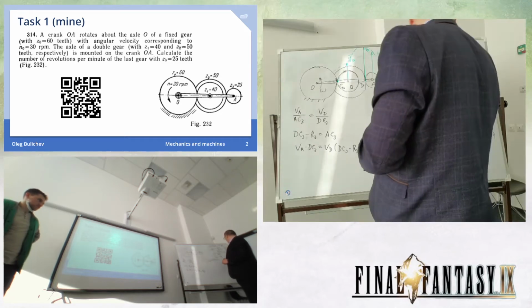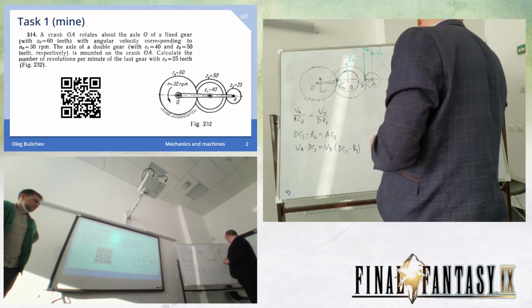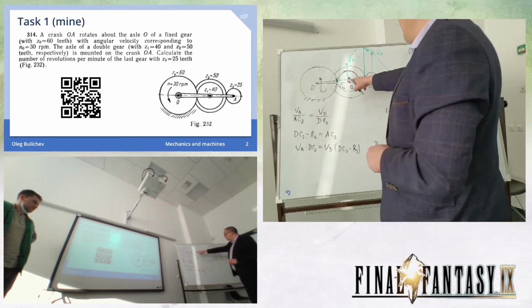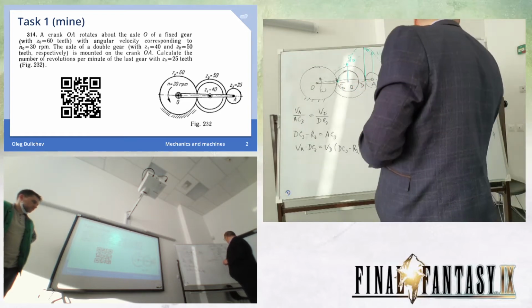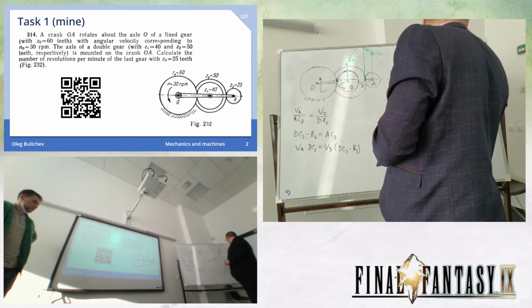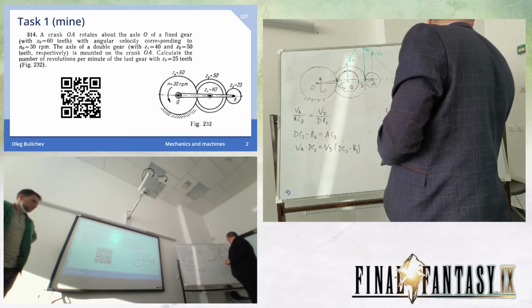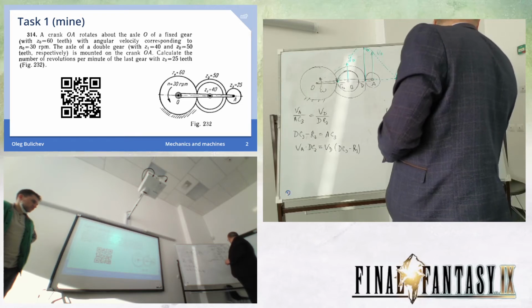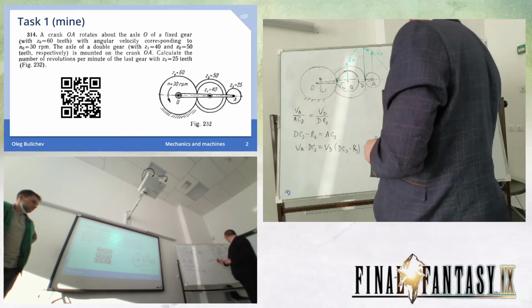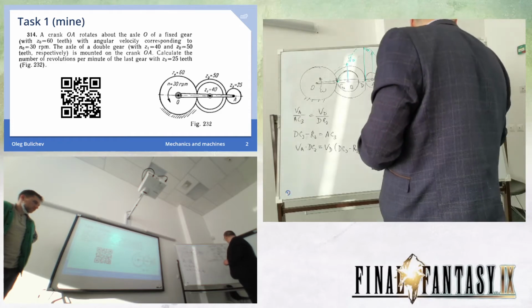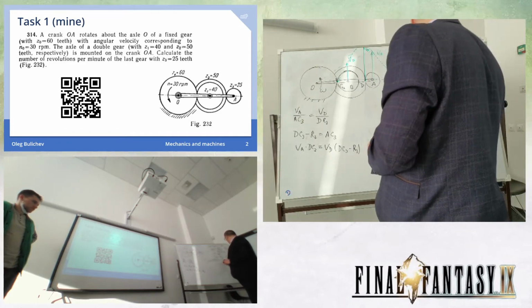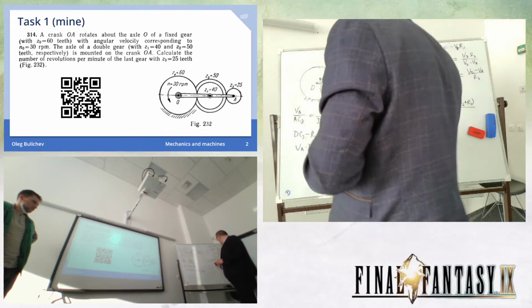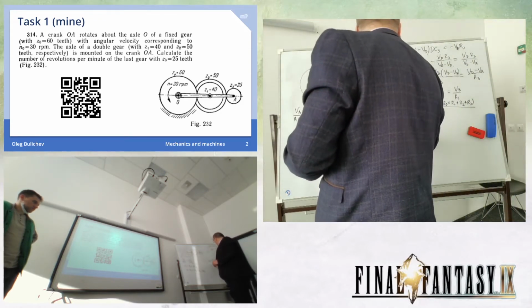Va is omega multiplied by all of these, R0, R3, R2, R3, and divided by R3, and then omega 1, 2